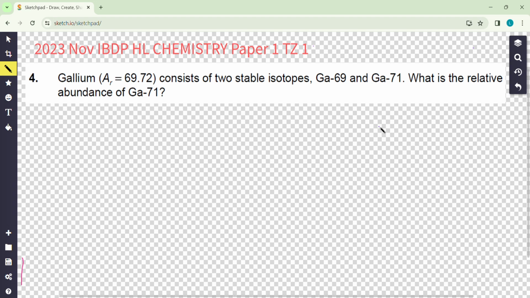Question 4 is about the relative abundance of the isotopes. The question is about Ga71. So we let its relative abundance be x, and the relative abundance of Ga69 will be 1 minus x. So the relative atomic mass will be the average of them. So 1 minus x times 69 plus x times 71 will equal